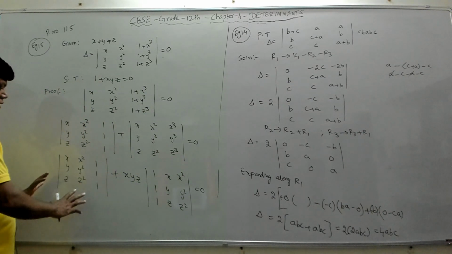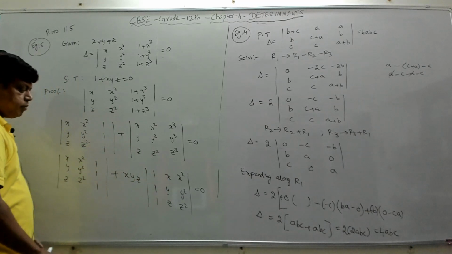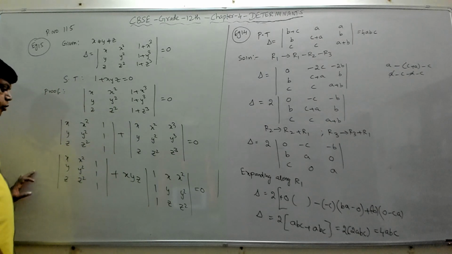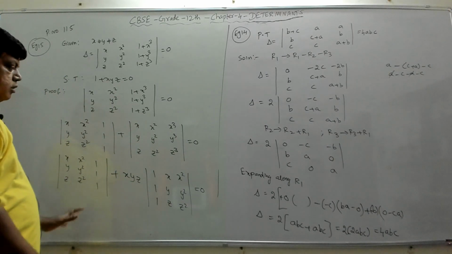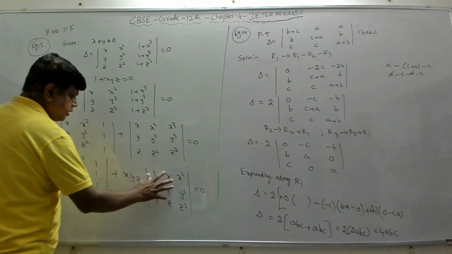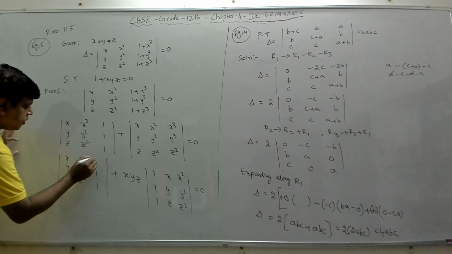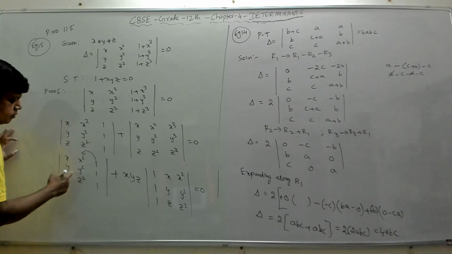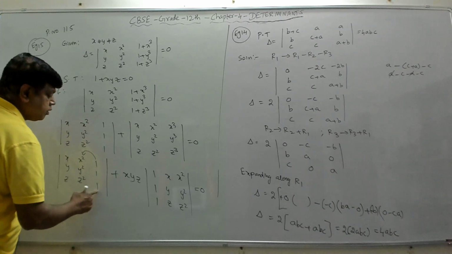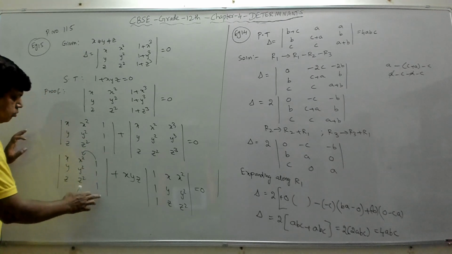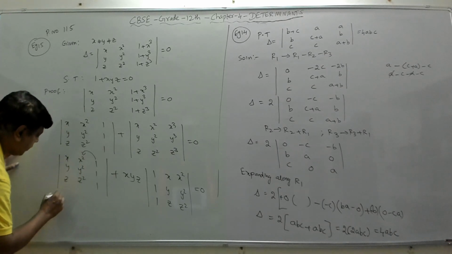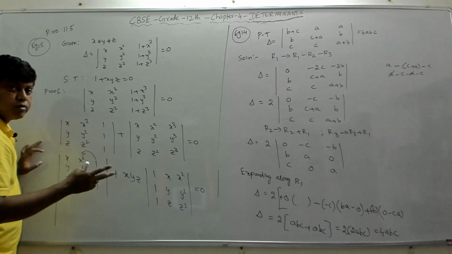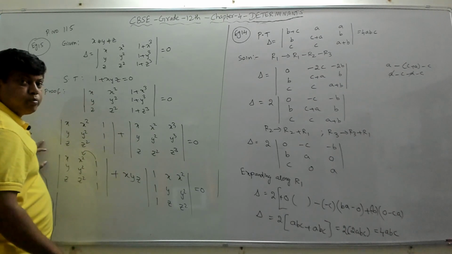Now if you observe this, these two determinants look the same. The only thing is the third column is 1, 1, 1 here, and the first column is 1, 1, 1 there. Now can we interchange these two? Can I make this determinant the same as this? Suppose I move column 3 to column 2, if I shift these two, then what do we get? You will get a minus sign. Whenever any two rows or columns are interchanged, the value of the determinant changes sign. That is